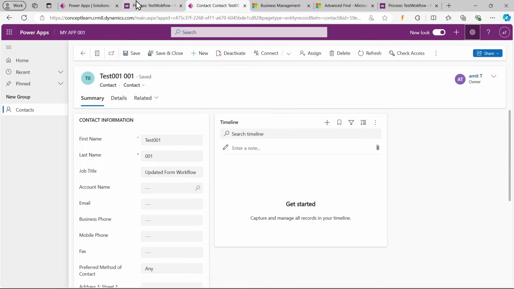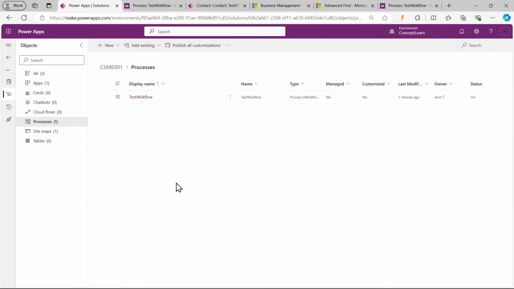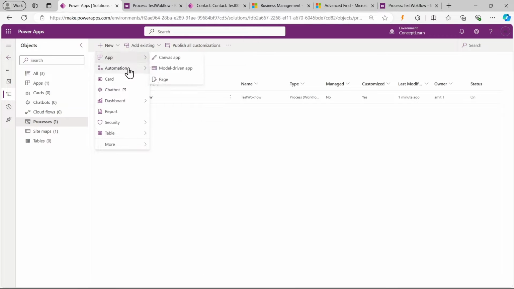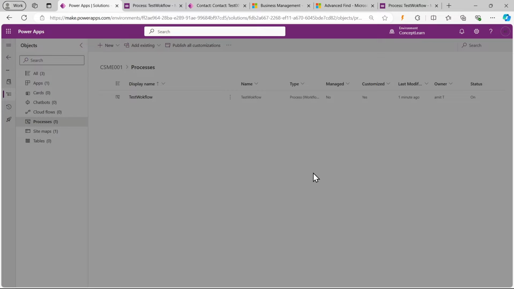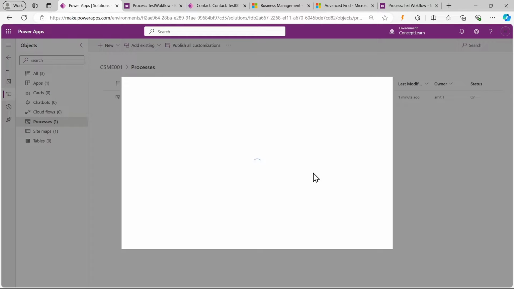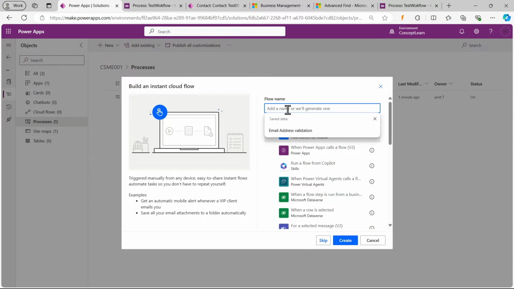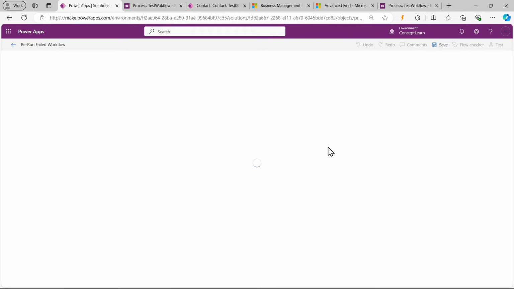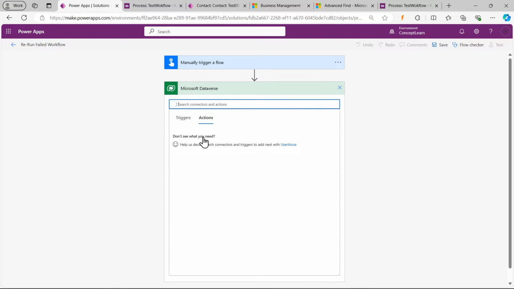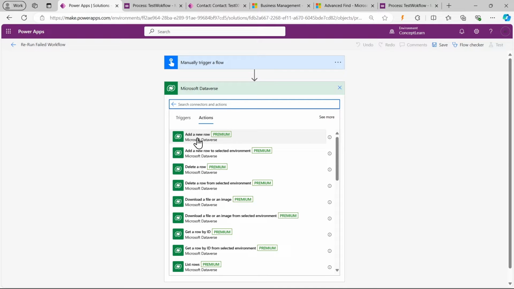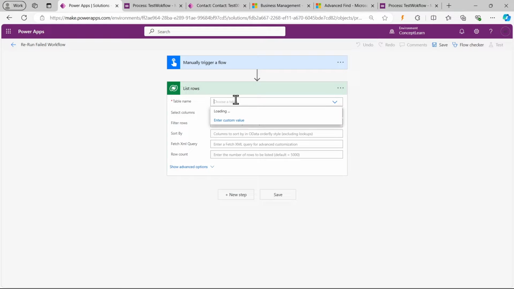Okay, now I need to create a Power Automate flow. So I will go to Automation, Cloud Flow, and I will click on Instant. It is an instant flow. I will give a name, Rerun Failed Workflow. Click on Create. So here I will give one step, that is list rows, and in that I will provide the same way a system job,